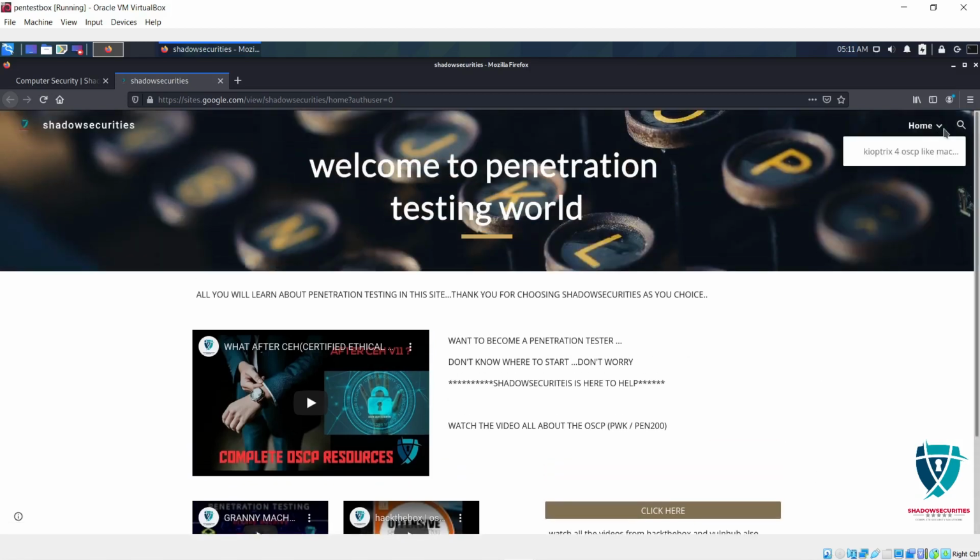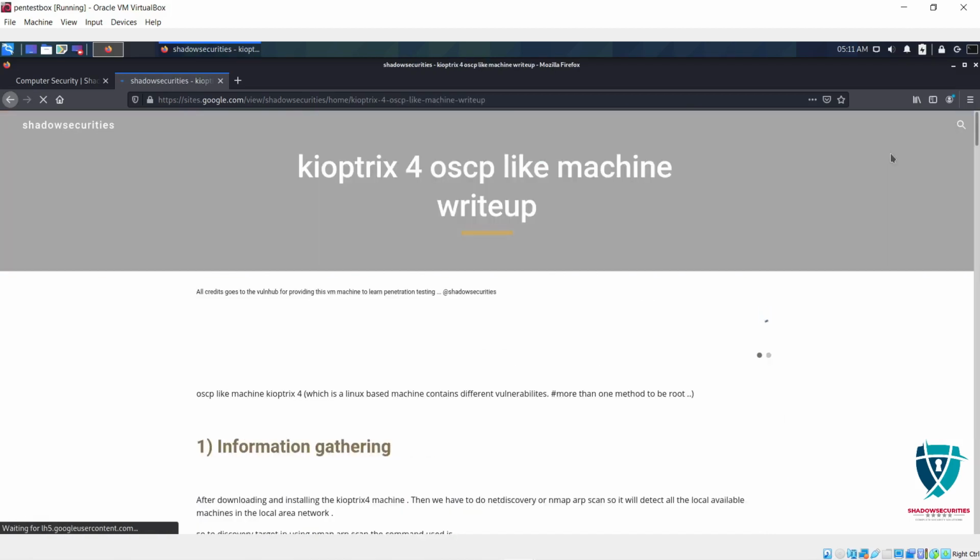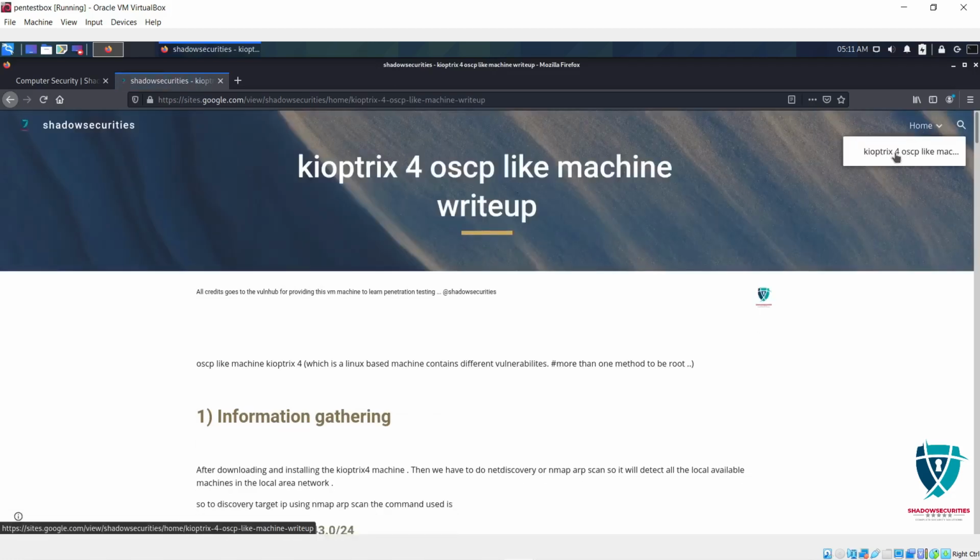On the home option, we can see the Kioptrix 4 OSCP-like machine. Every machine has the same option, and we are going to upload them here itself.